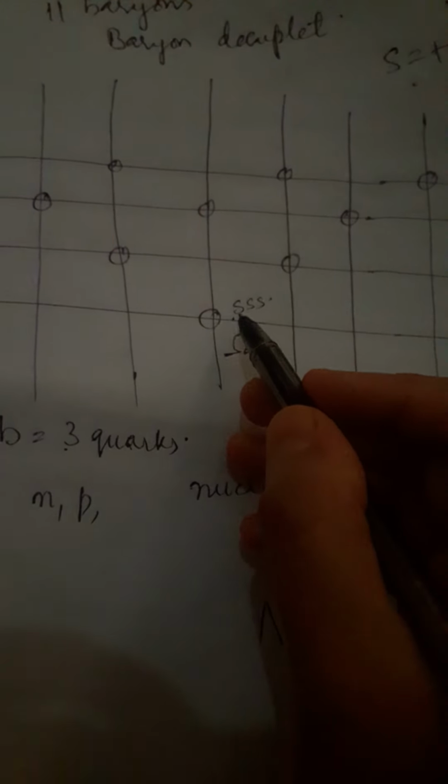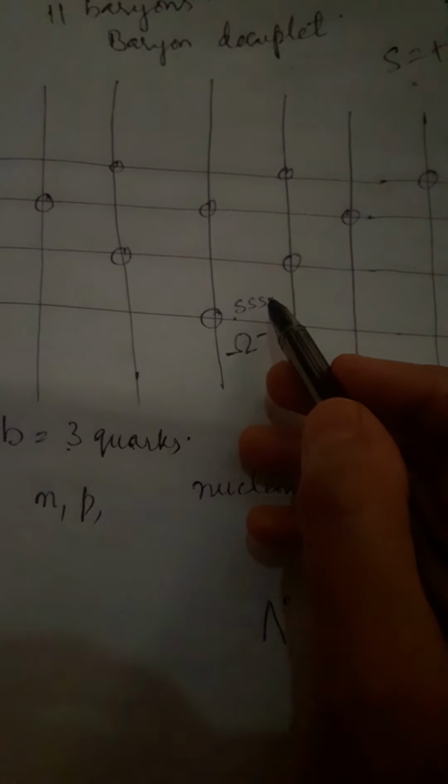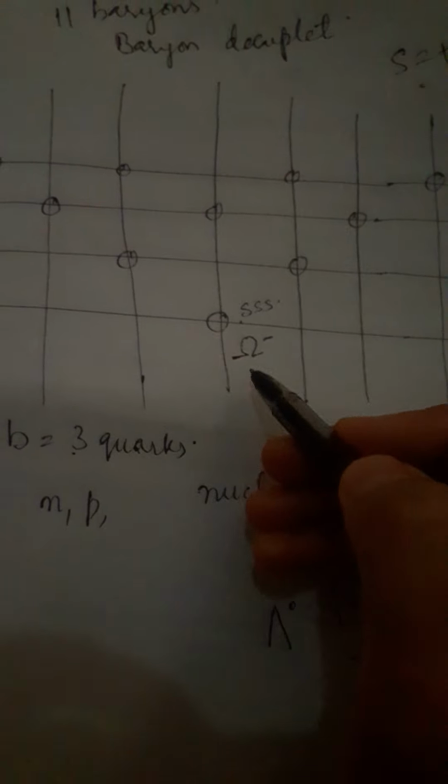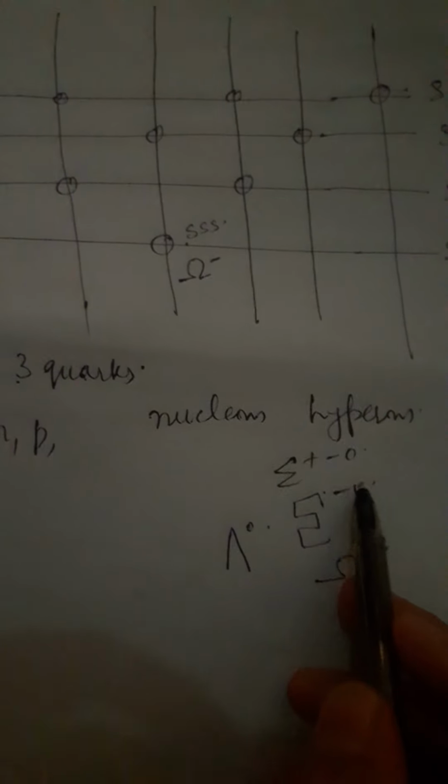S equal to minus 3 means that the particles on this line will have 3 S quarks. And that's all. We don't need to give it anything more, because we know that it has to carry only 3 quarks. Those are 3 S quarks, and we know that the S quark has a charge of minus 1 by 3. Minus 1 by 3, minus 1 by 3, and minus 1 by 3, that is minus 3 by 3, that is minus 1. So it's arranged.